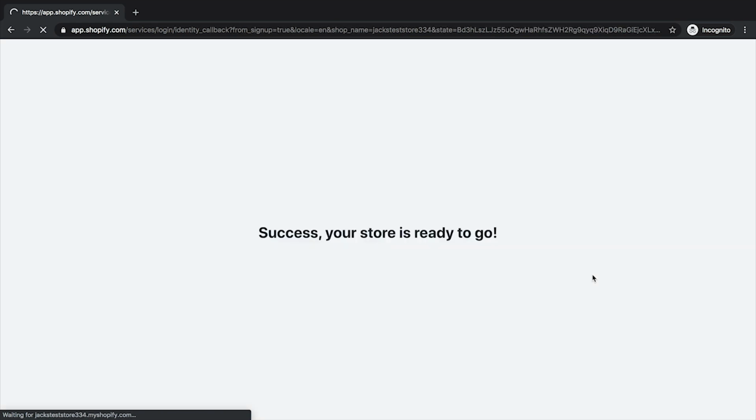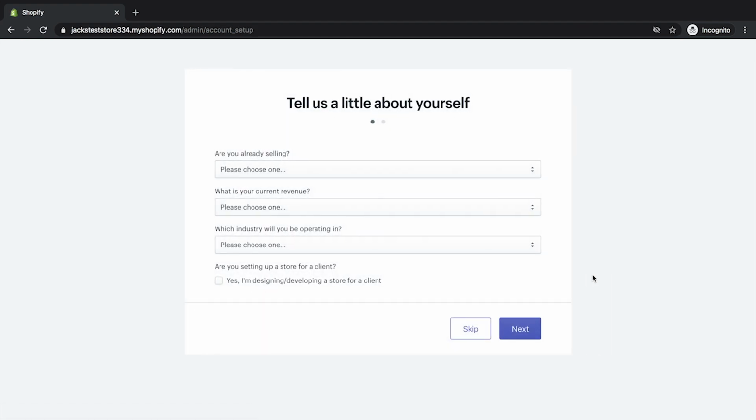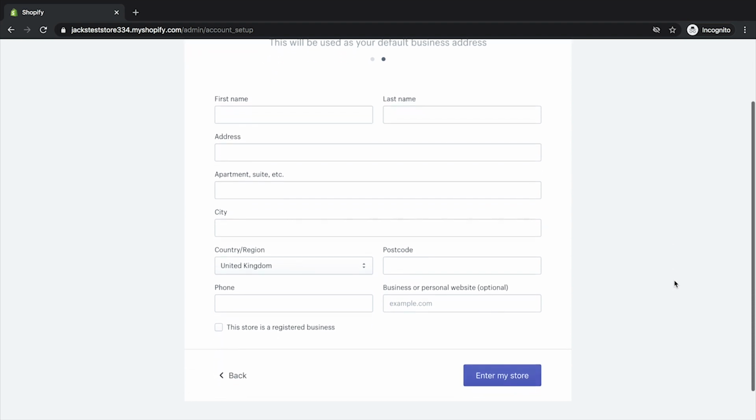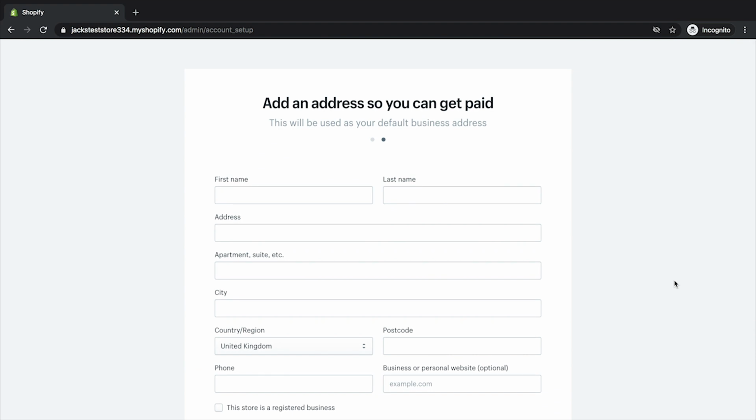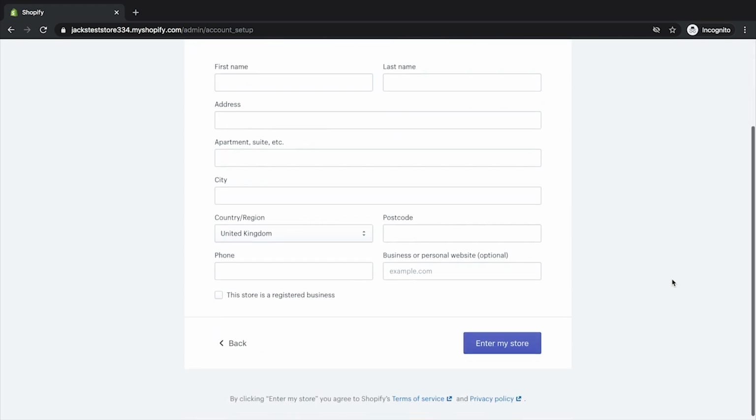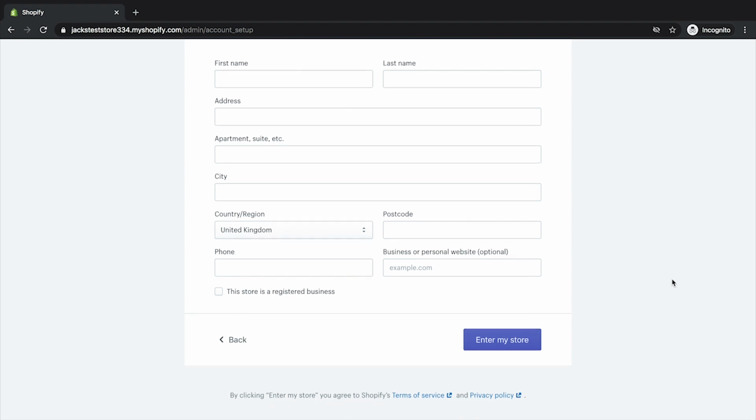Awesome, so next page we're going to come to will be a splash page where it will ask you for details to help set up your store. This is completely optional. If you do fill this in, it aligns the store more to what you're actually selling, but it's completely optional. We will skip this for now. The next one here is you need to add your details to continue. You are accepting credit card payments, debit card payments across the world, so you will have to fill this in for regulatory reasons. I'll go ahead and do that now.